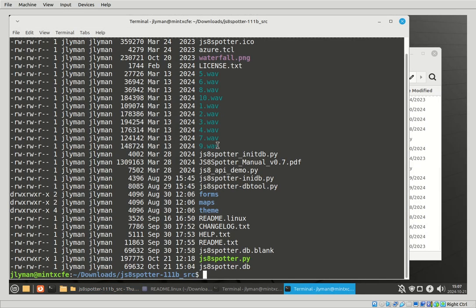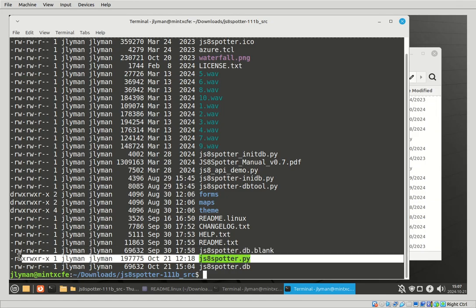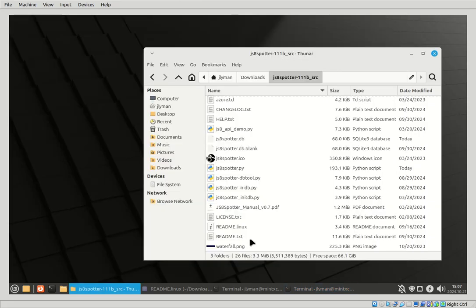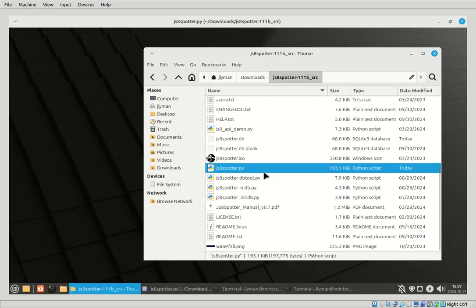It'll list the files, and you'll see that this one here has these X's in different positions for users and groups and everything else. Basically, that means the X means it's executable. It means it can be run as a program. Okay, that's step one. Step two is that you want to open that file and make a little change at